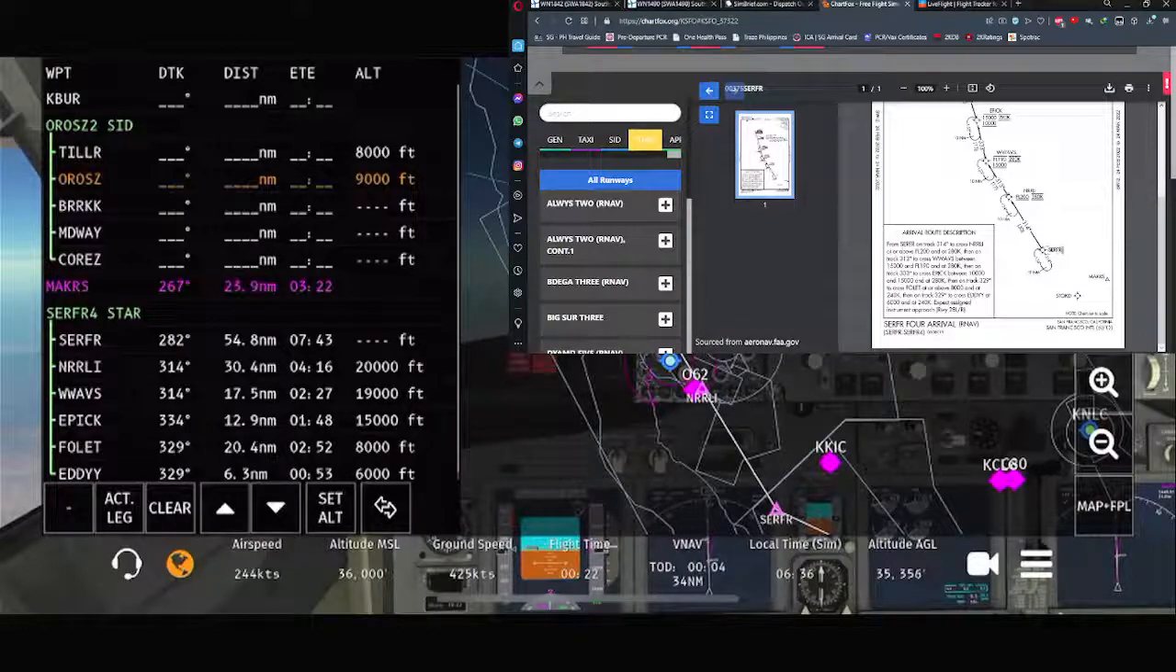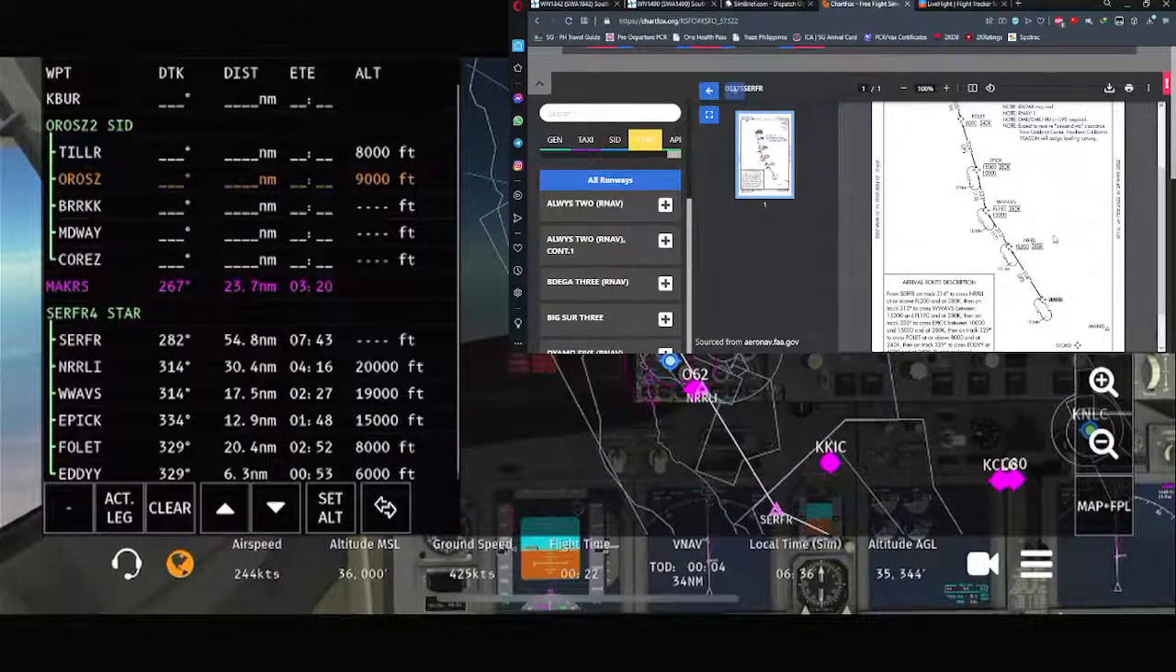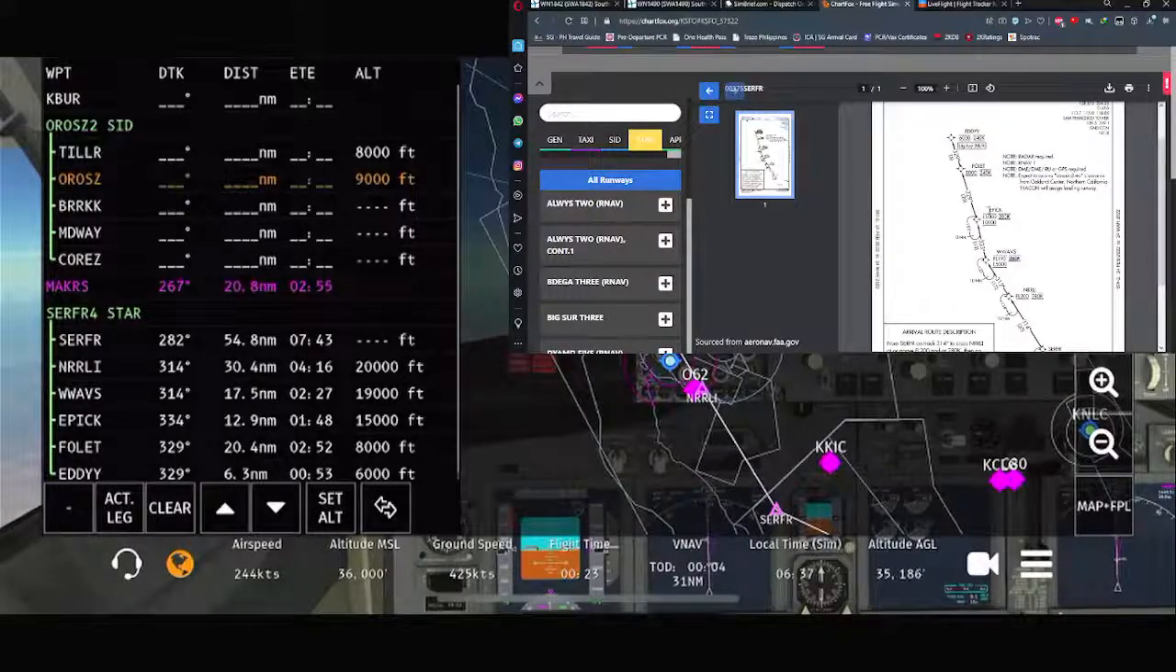entering the STAR via SERFR, and then NRRLI at or above flight level 200, and we must maintain 280 knots. And then we'll fly to WAVES in between flight level 190 and 15,000 feet, and still maintaining 280 knots. And then we'll fly to EPICK